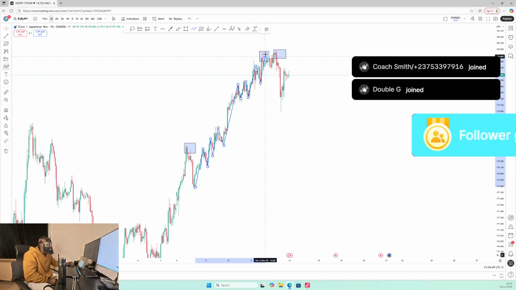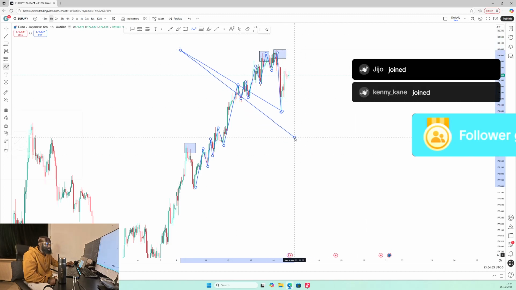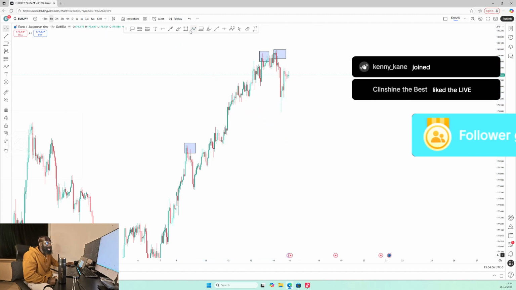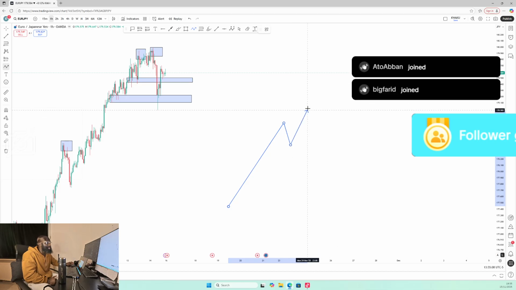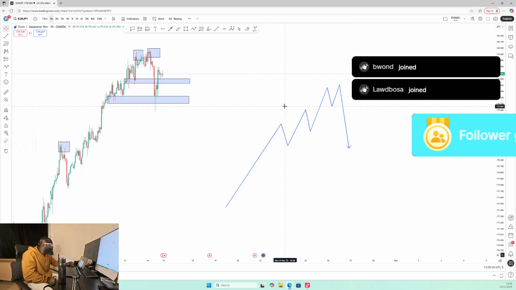This last support here, we have seen a double top here. Price has managed to break this support. When price broke this support, it has pulled back to where all this channel started. So this is the diagram. We have an impulse move. Price started to correct it like this. So Kujev, this is how price started to correct it. Now price has formed this double top here. Price has dropped back to this support. So if price will continue